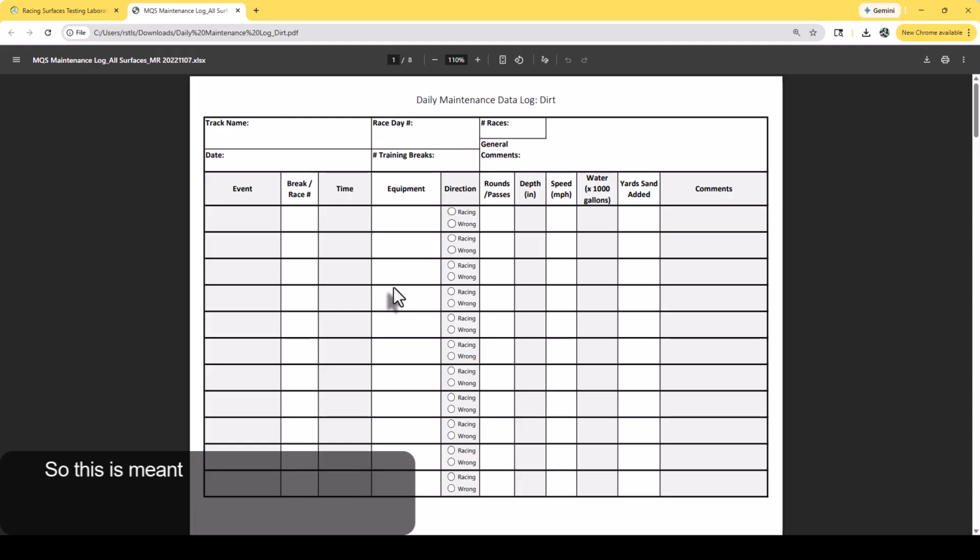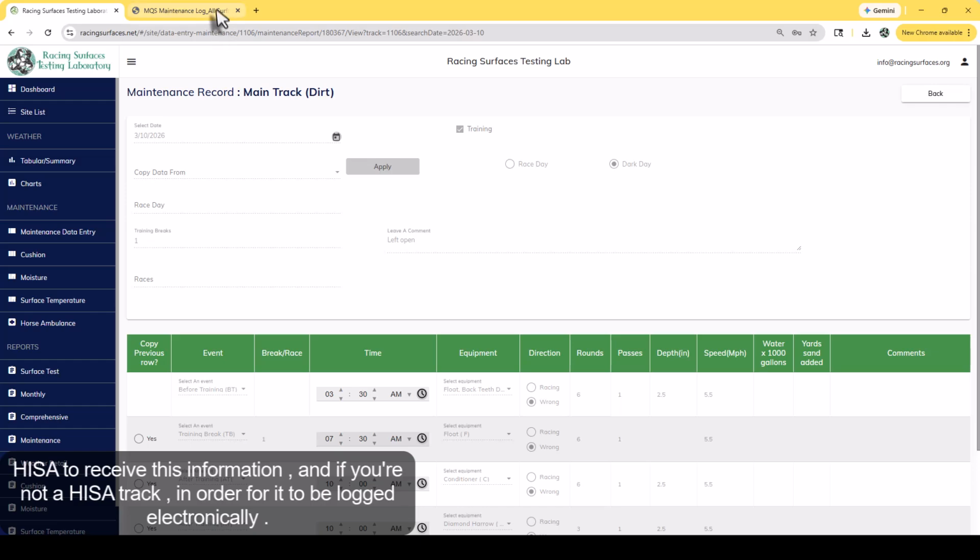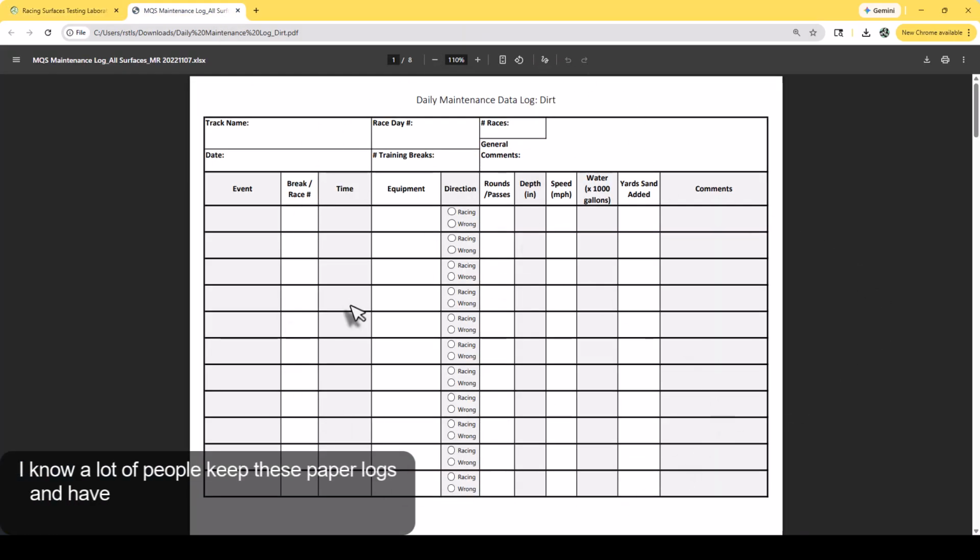So this is meant as a tool to help you, but at the end of the day, all of this data does have to end up in the maintenance quality system in order for HISA to receive this information, and if you're not a HISA track, in order for it to be logged electronically. I know a lot of people keep these paper logs and have kept these paper logs for a very long time, but these logs just end up in files in a file drawer with dust all over them, and it's hard to organize. And if you're training any new people, you can go back and look at these maintenance logs,